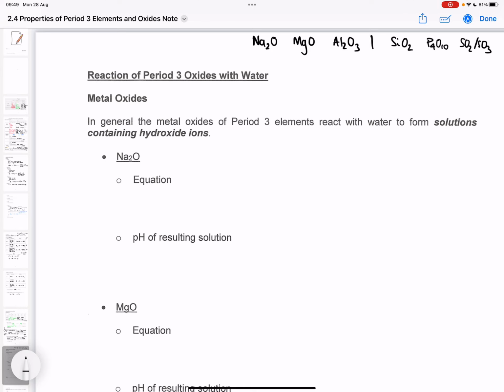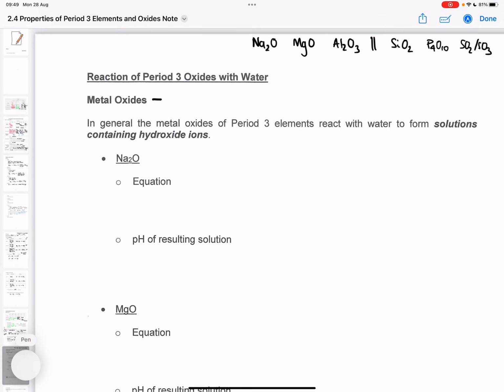Remembering that we've got a bit of a split here between the metallic and the covalent. So the metallic ones form ionic oxides and the non-metal ones form covalent oxides. So let's split it up and take each side first. Let's look at the metallic oxides first. Remembering that our metallic oxides are ionic structures, let's call them giant ionic,